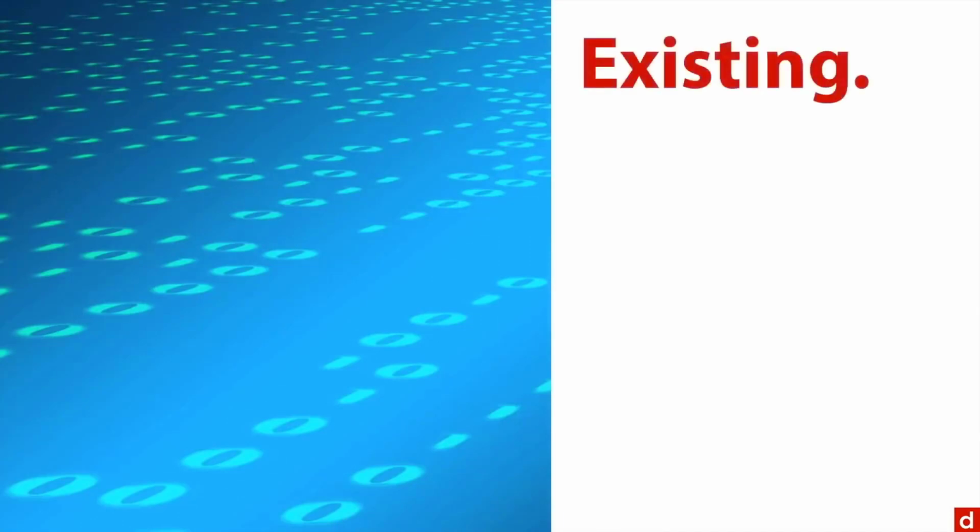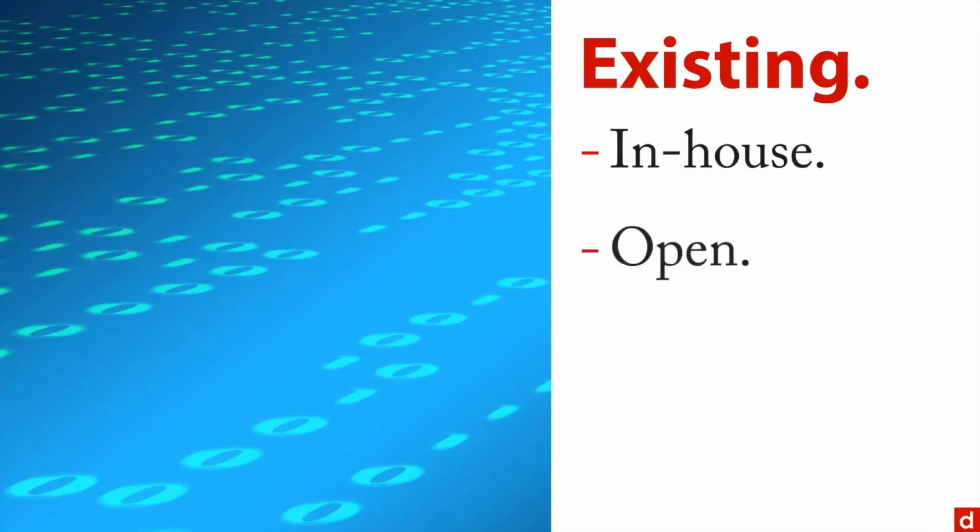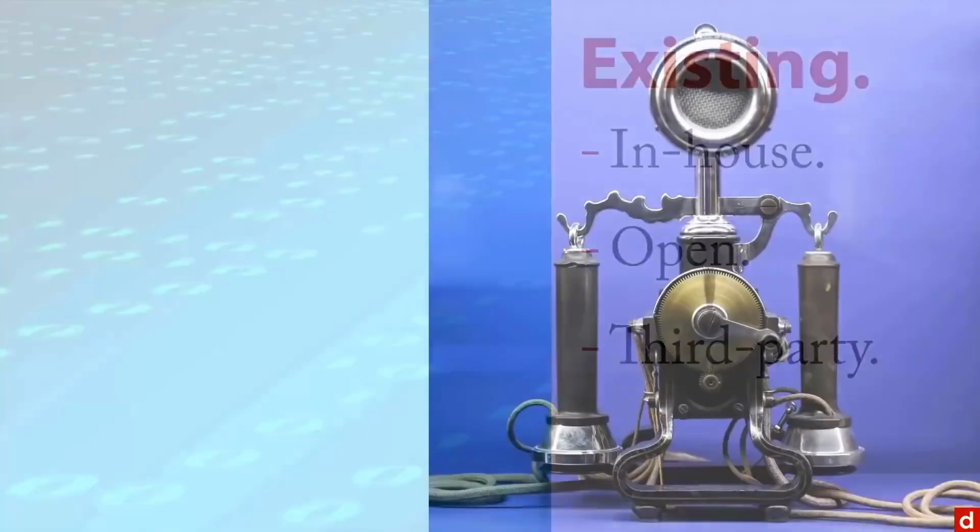But right now, let me say something about existing data. This is data that already is at hand, and it might be in-house data. So if you work for a company, it might be your company records. Or you might have open data. For instance, many governments, many scientific organizations make their data available to the public. And then there's also third-party data. This is usually data that you buy from a vendor, but it exists and it's very easy to plug it in and go. You can also use APIs.